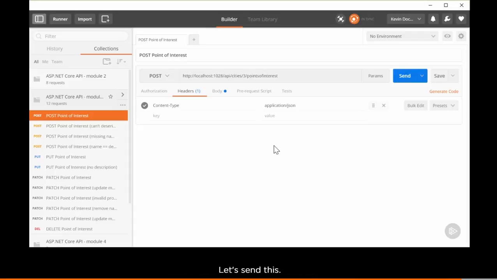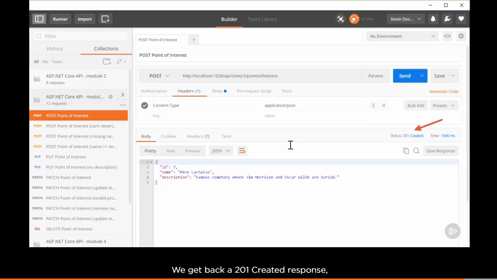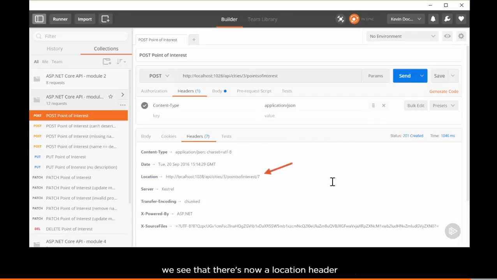Let's send this. We get back a 201 created response with the newly created point of interest in the body. And if we look at the header collection, we see that there's now a location header, so the consumer knows